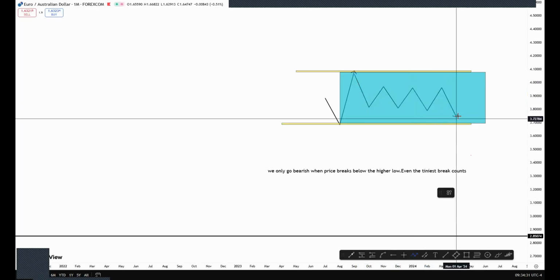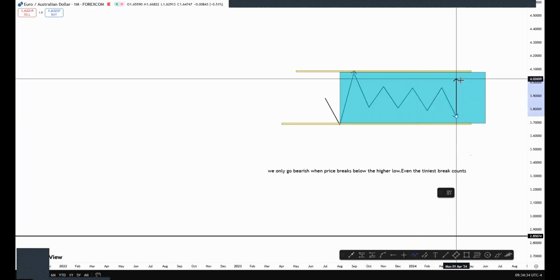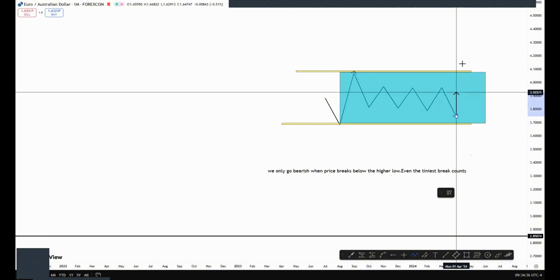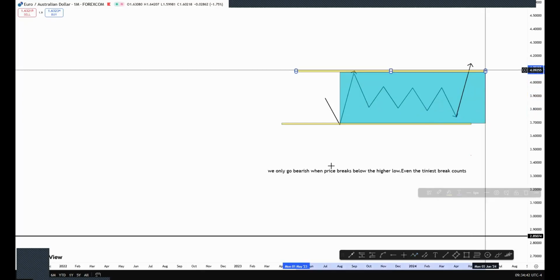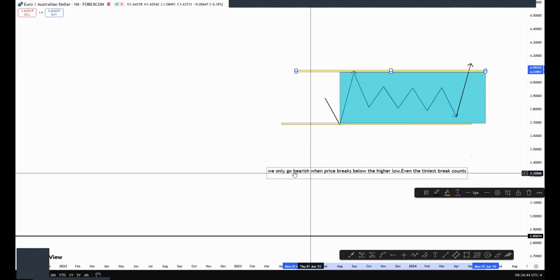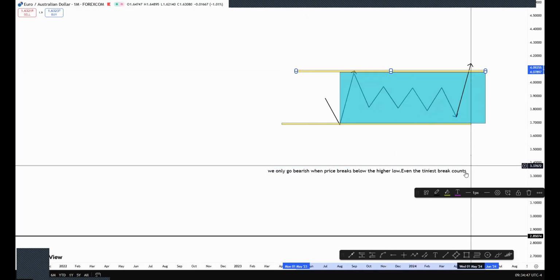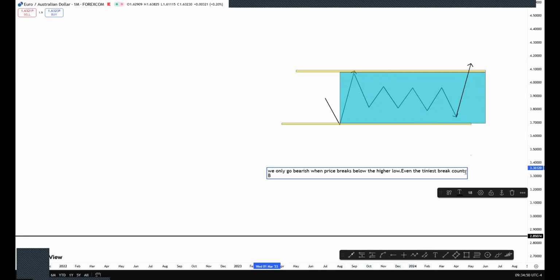So the second rule is when price does something like that, it breaks above the higher high, what happens? Because now I'm saying we only go bearish when price breaks below the higher low. But what if price breaks above the higher high, right? Everyone would have this kind of question. Then we make a new higher high